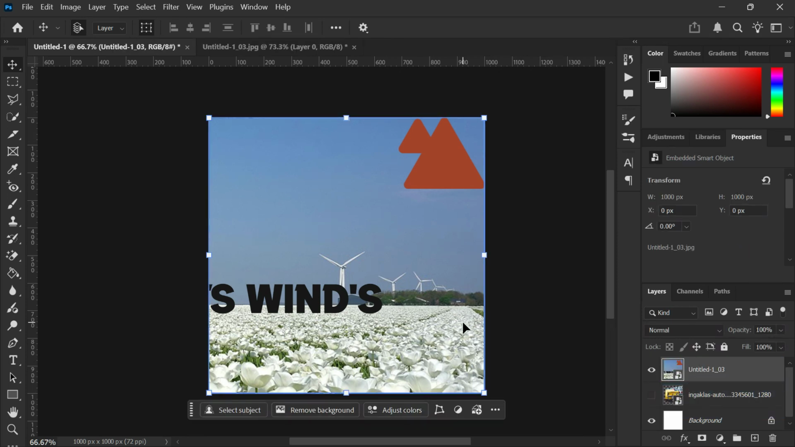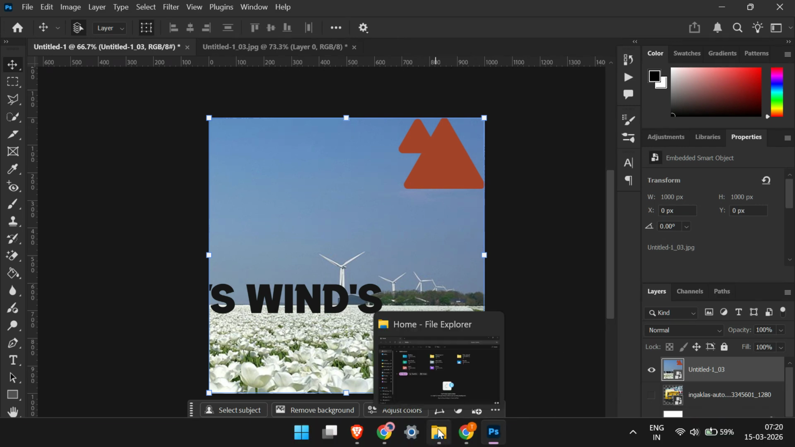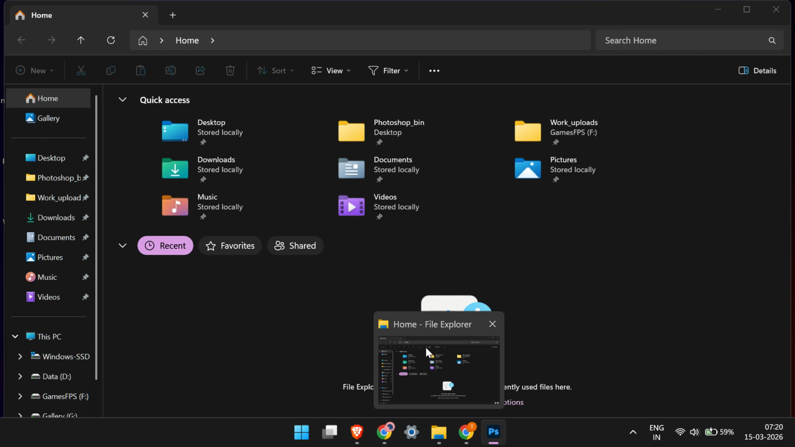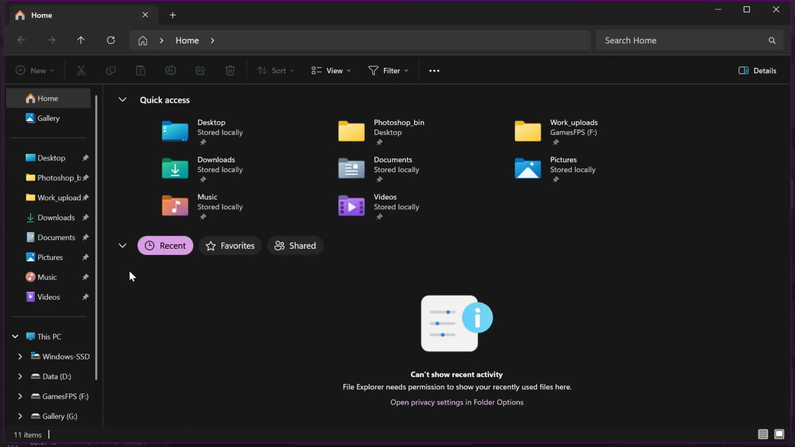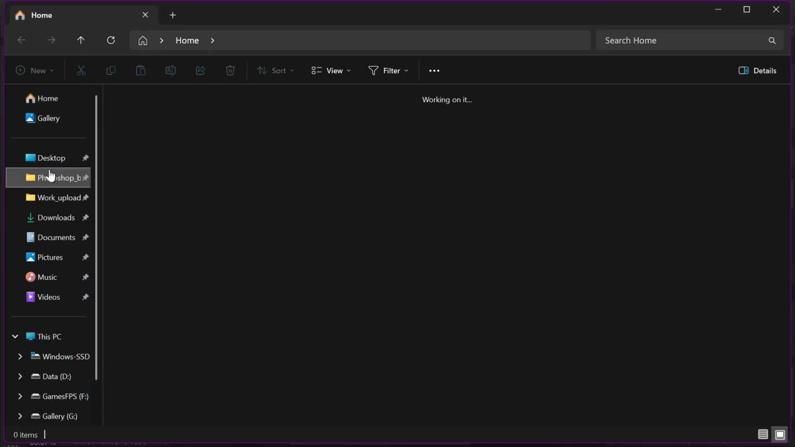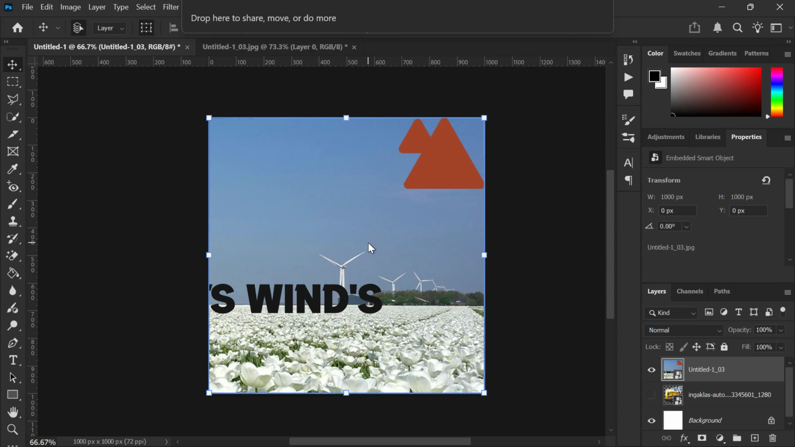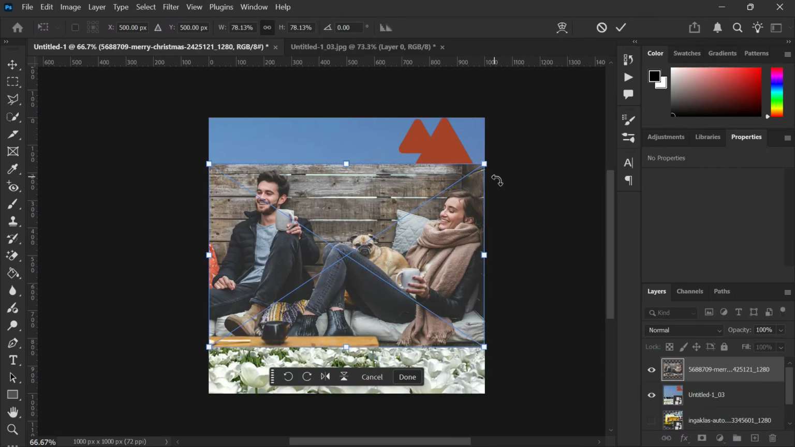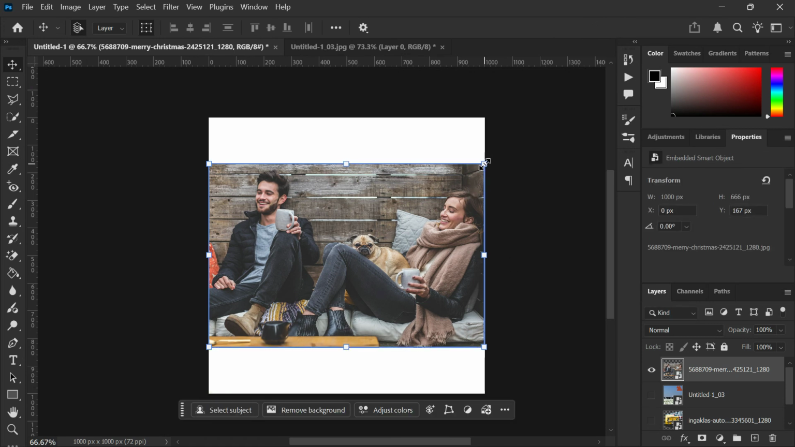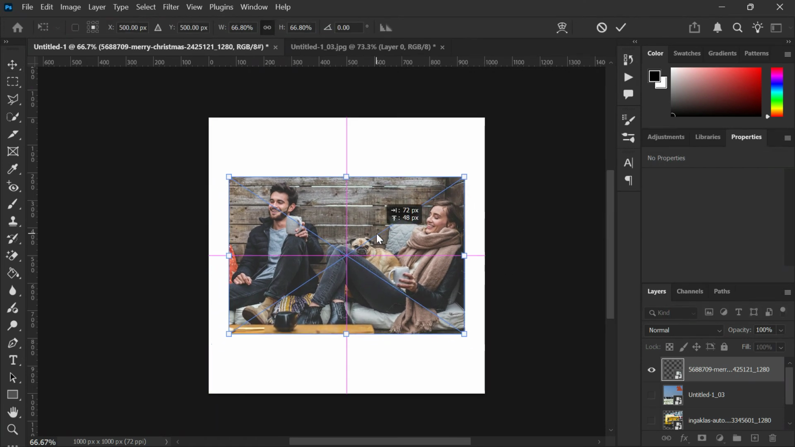The third method is actually the fastest way to import a photo into Photoshop, and it's incredibly simple. All you need to do is locate your image file on your computer, click and hold the file, and drag it directly into the Photoshop window. Once you release the mouse button, Photoshop will automatically import the image into the workspace. Depending on where you drop it, the image will either open as a new document or be placed inside your